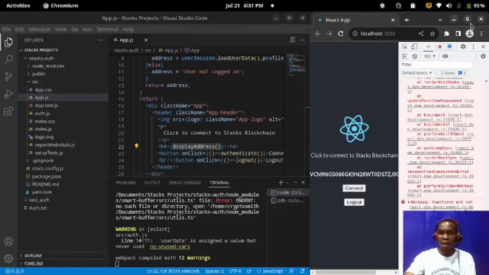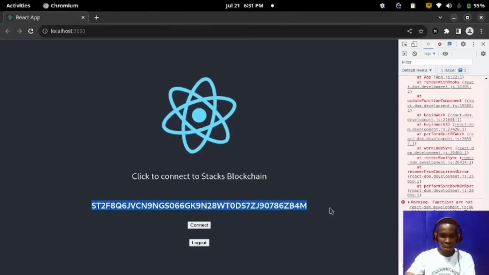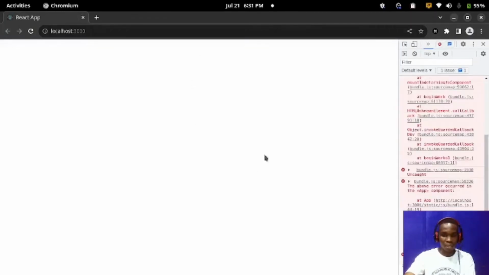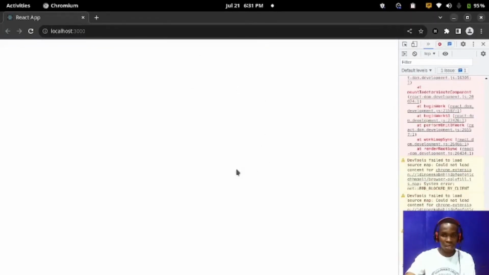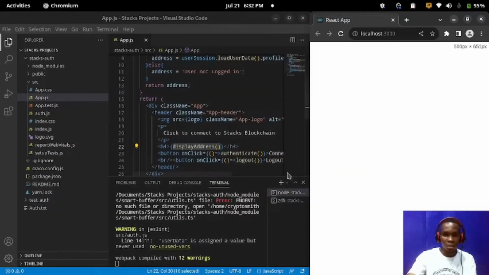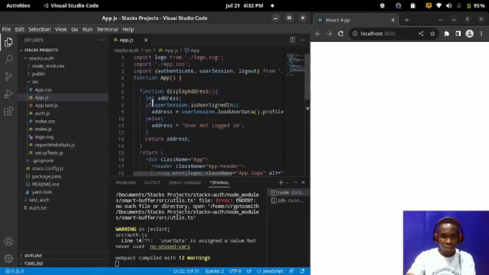So here I'm gonna go back here. Yeah, like you see, I'm logged in, so you can see my testnet address is actually here. If I log out, it's gonna reload the page and tell me this should come up. Why isn't it reloading? What's going wrong? That should work. Display addresses. So,